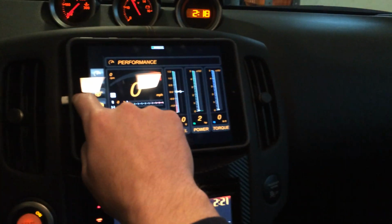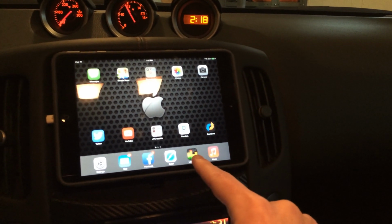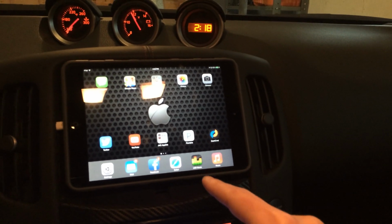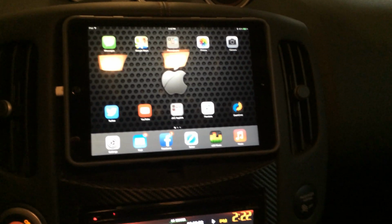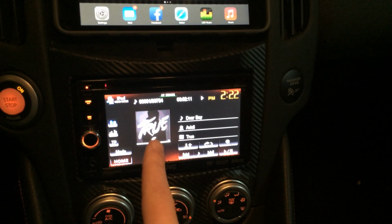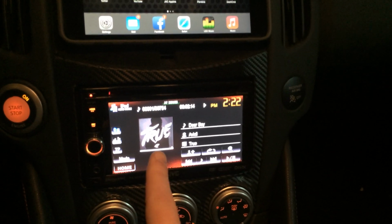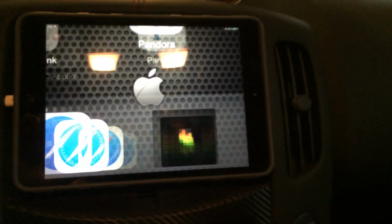So let's get on to the music. There's my iTunes library. I get compliments on this all the time. I downloaded an app called LED Music. Well, that says LED Music, that little equalizer icon there. I think it was free. So normally what I do is I'm playing a song here. This is coming from my iTunes catalog. And if I press this,